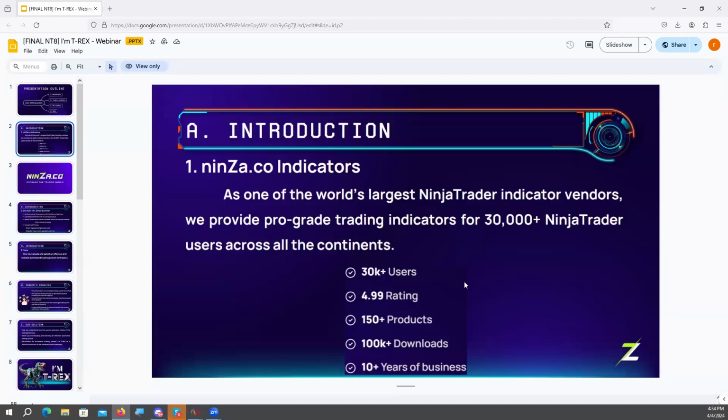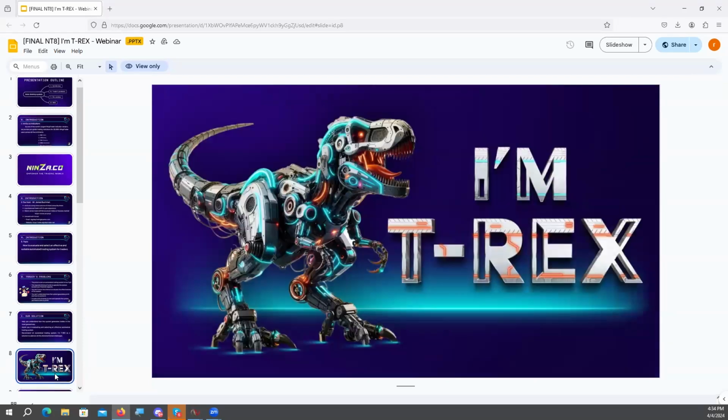Now, what makes this product so special is the fact that this is their first fully automated trading tool, and it's called IMT-REX. This is it. And we're going to be talking about it today. So before we even jump into the nuts and bolts of what this product is all about,